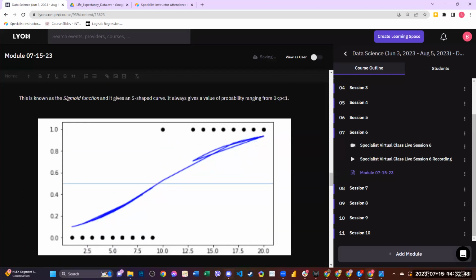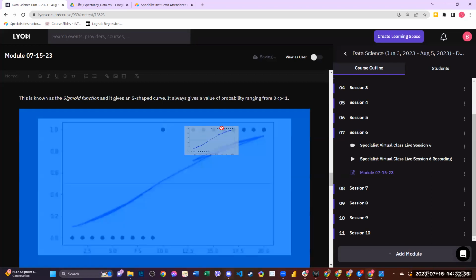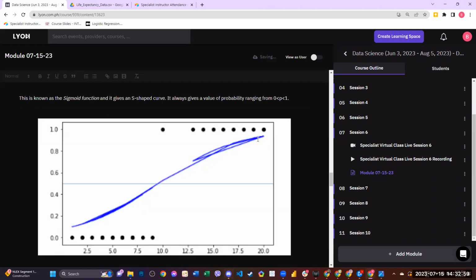So the S-like curve means that the points close to the line have a higher chance that the class is denoted as one, because it's close to one. If you look at the left side of the y-axis, yeah, and then